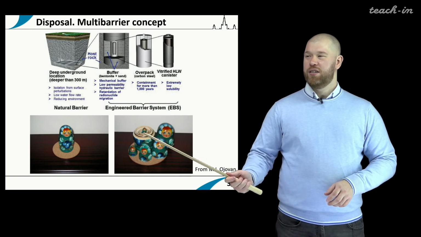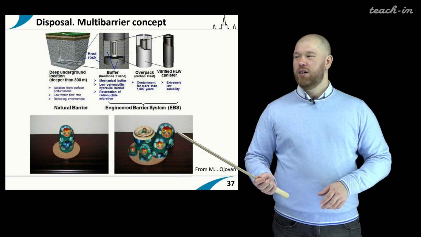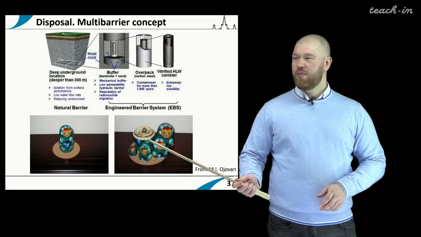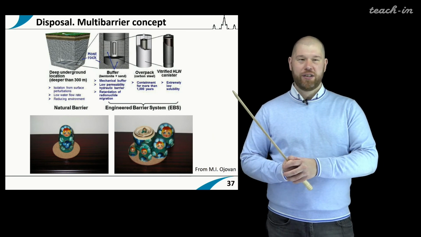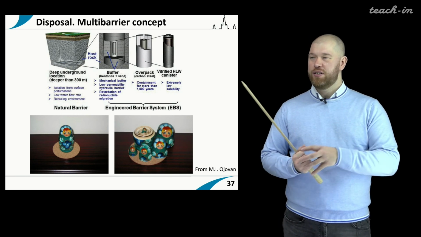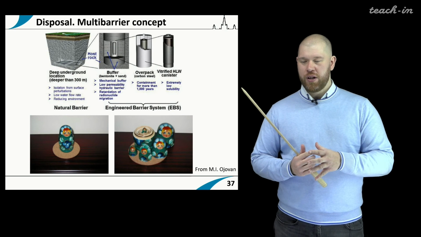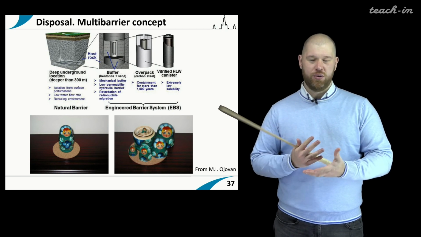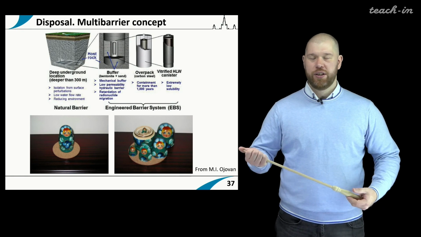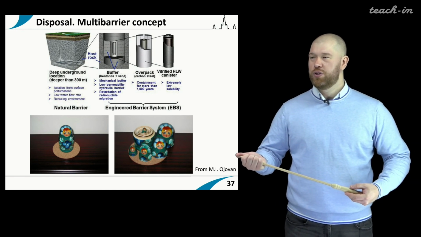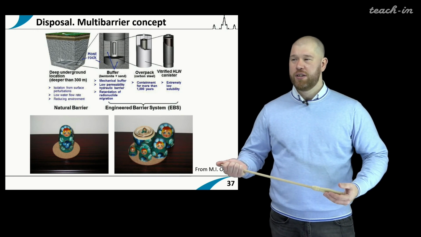So inside this main big doll, there is a small doll that represents our radioactive material, that is also radioactive material. It's not just a salt or solution. All the radioactive materials that are going to disposal, to the repository, are conditioned. That means that they are